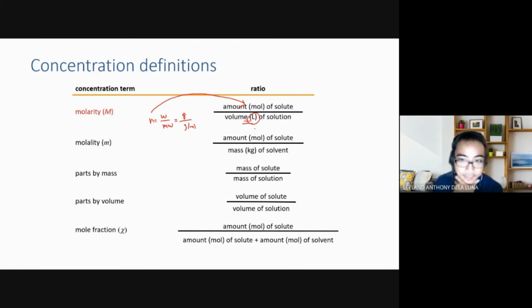Our denominator, instead of volume, is mass, and that is expressed in kilograms. Now, please take note, in molality, it's the kilogram of solvent, not the solution. Are we clear? Solvent. So, for example, class, if I say my solution weighs